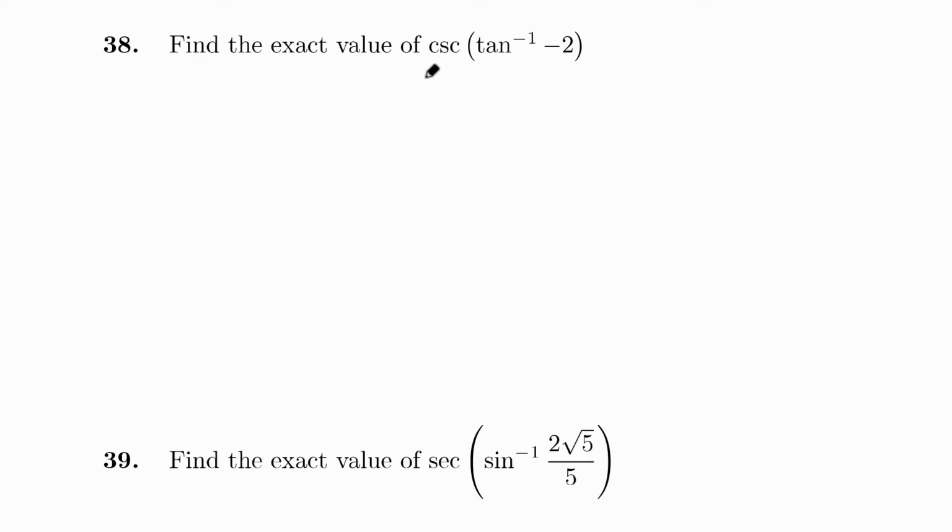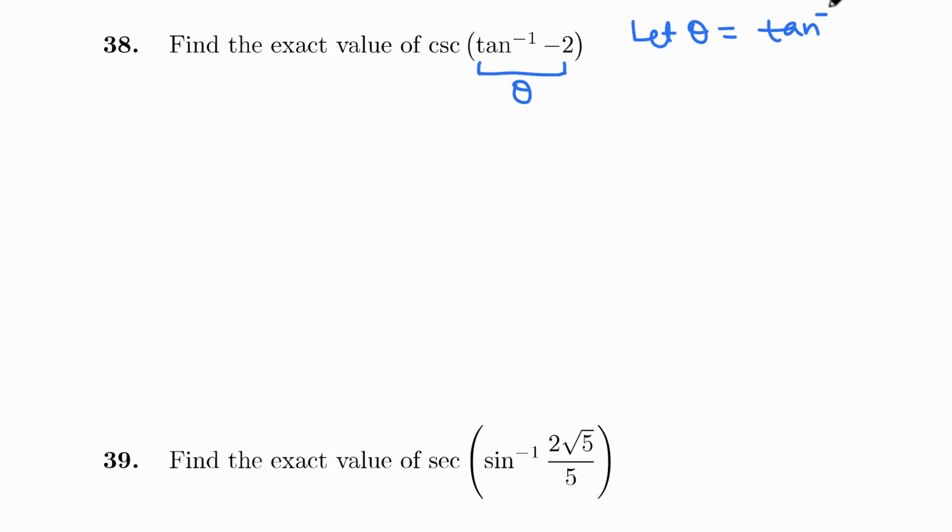Find the exact value of cosecant tangent inverse -2. So cosecant tangent inverse, we cannot convert tangent inverse into cosecant inverse. So we need to assume something. This is an angle. Tangent inverse of -2 will give us an angle. So let's say that's theta. So let theta be